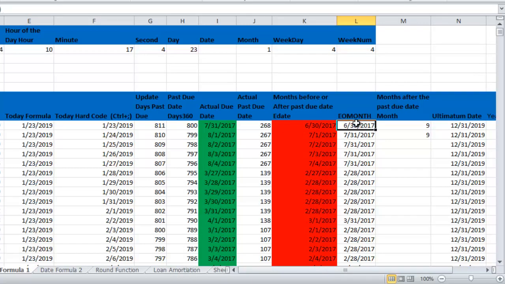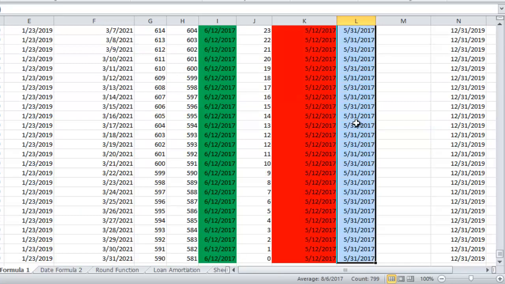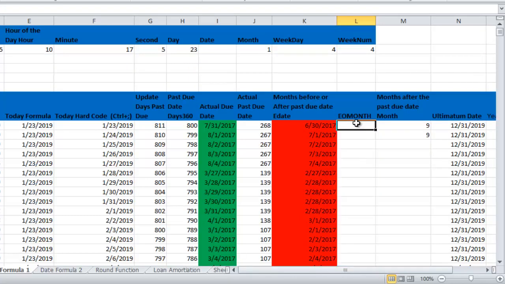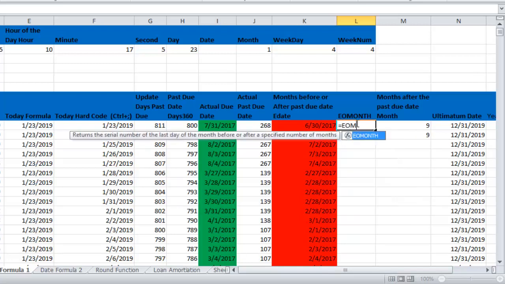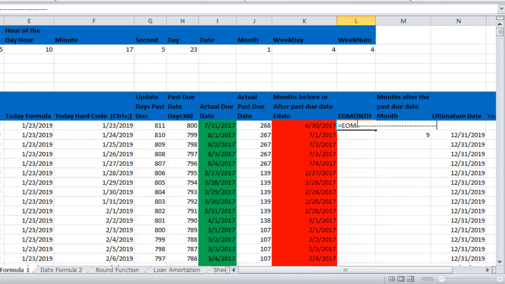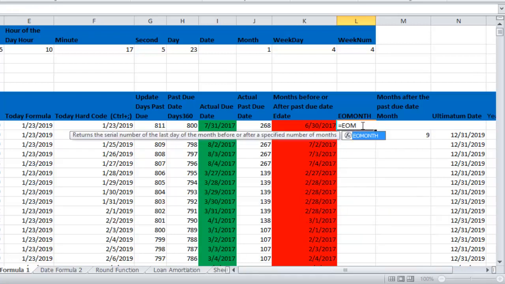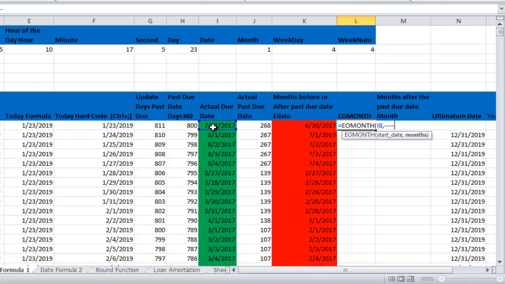Now we want Excel to display to us a month before or after the due date of the payment of each of these cars. So type equals today and you type the end of month and double click on that. Excel will ask for the start date. Is the start date. Now I want Excel to display to me 1 month before the due date of this car and press enter. Now you can see Excel giving me 30th of